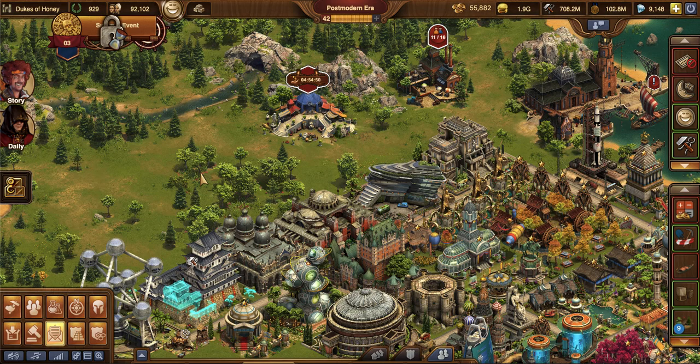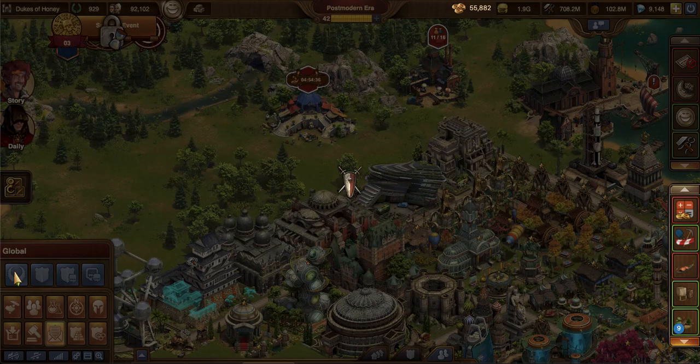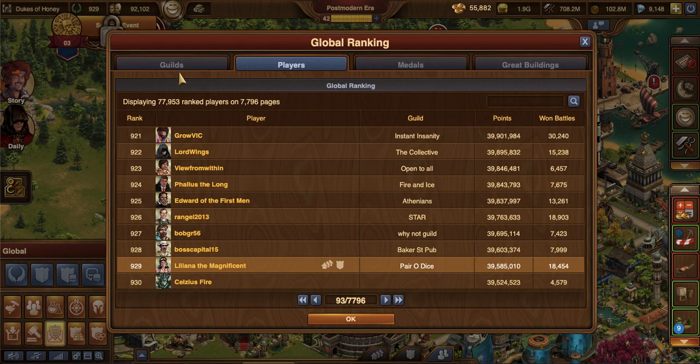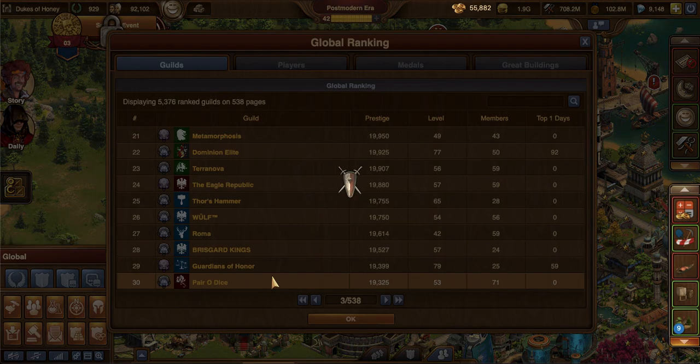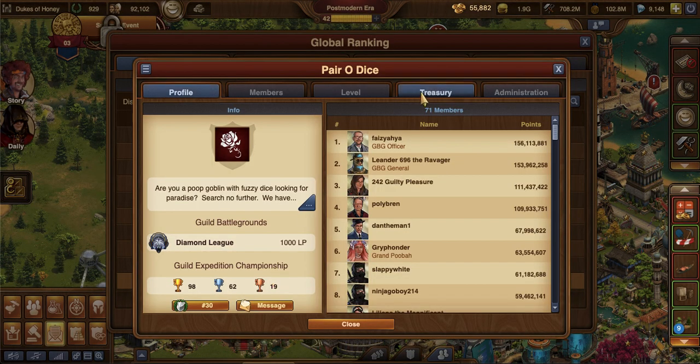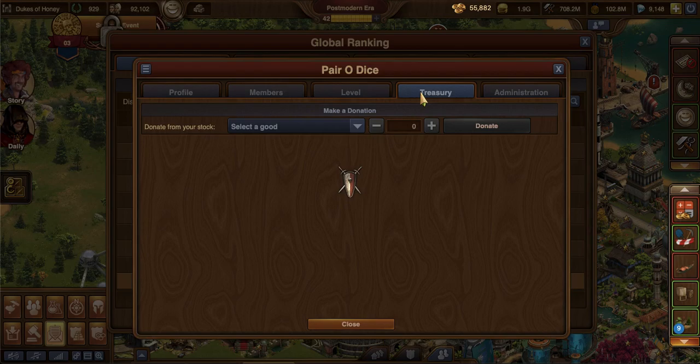Because now the only thing that happens when your guild upgrades itself is you get like, where's my guild? I never remember how to do this on here. Oh my god. Girl. There it is. No. I'm so terrible at this. Ignore me. It's been a hot second. So,